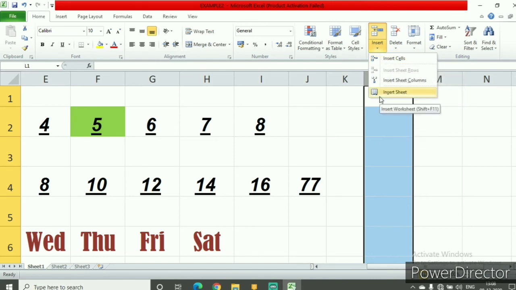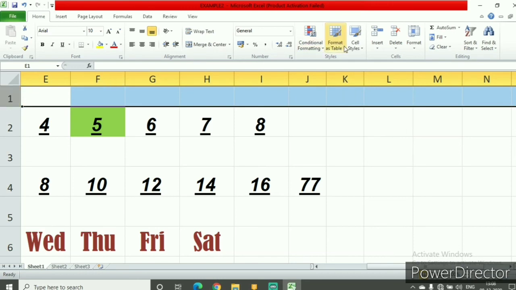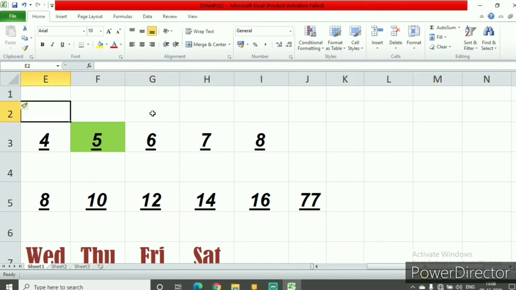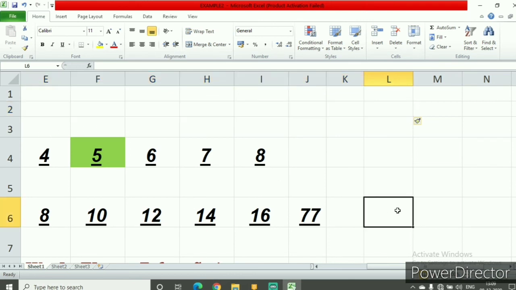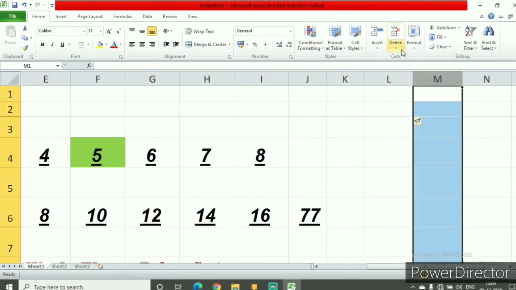So in this way, you can add rows as well as columns. Now suppose I select this row and I say insert sheet row. Can you see one more row coming out here? Suppose I select this one. Again I say insert sheet row. So one more row has come out. In a similar way, the columns were also coming. Suppose I say insert sheet column. So you can see the column shifting to the next place. So this was about insert sheet row and column.